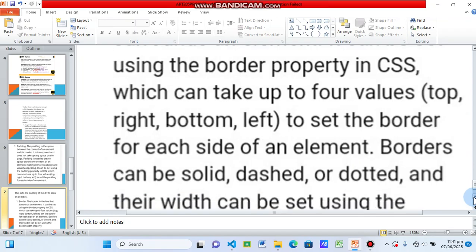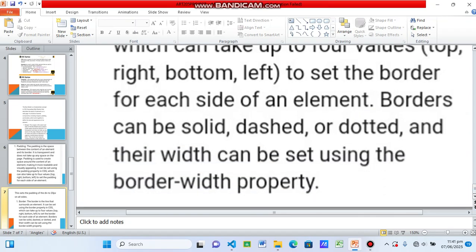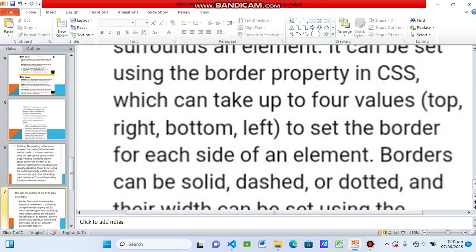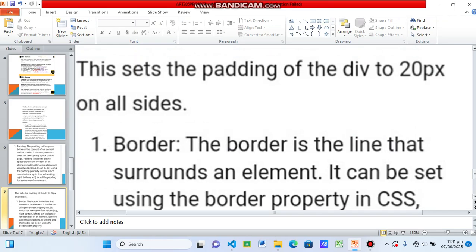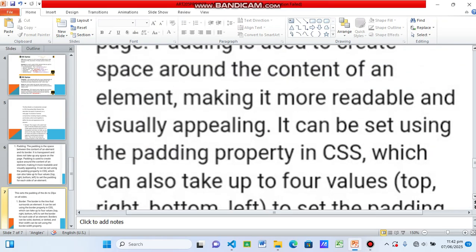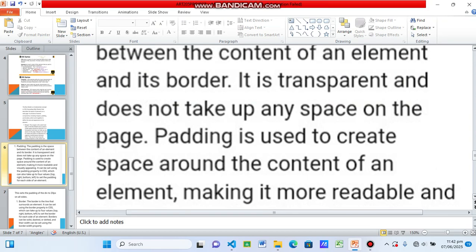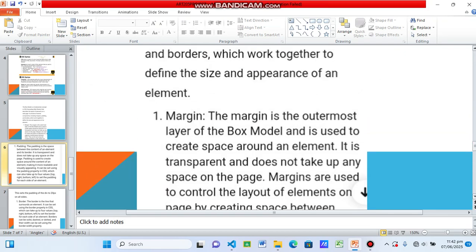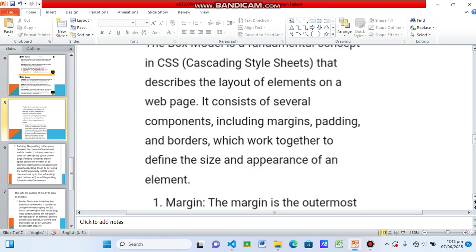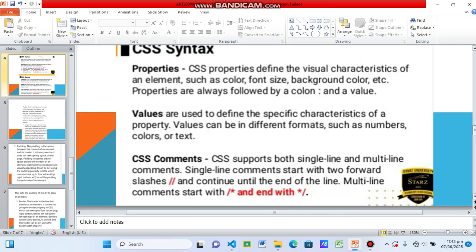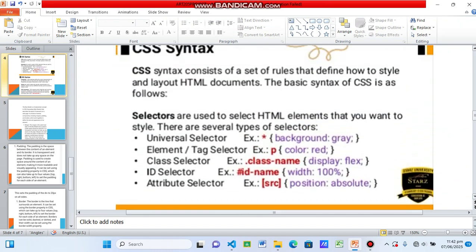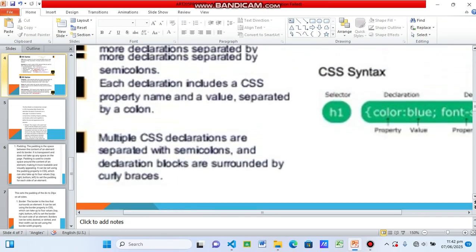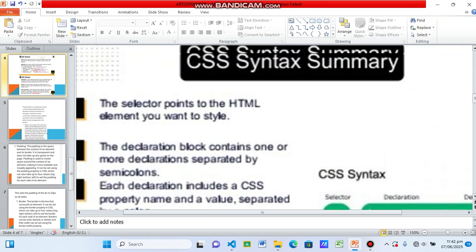So I'll come back down and see, these are the definitions of border. I already gave it, so I just do a summary. I also gave the definition of padding, and the definition of margin. I gave all the work within the coding. So I found out the box element. I come back to the property value. I also gave selector. I also made a new class. So these are most of the basics of CSS.